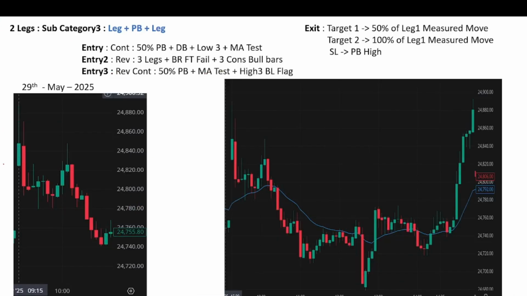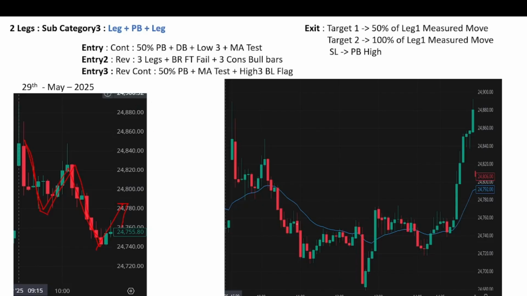So this is another day. On this day we got leg 1, pullback and leg 2. In this scenario, what you should look for is pullback. Please refer to the rules if you are getting confused while I am telling this. This is the reason I covered the rules first. The rules mention that if you had leg 1, pullback, leg 2 by 9:50, the pullback is still pending. So here you should be looking out for pullback.